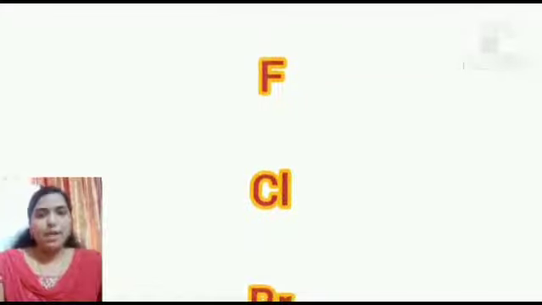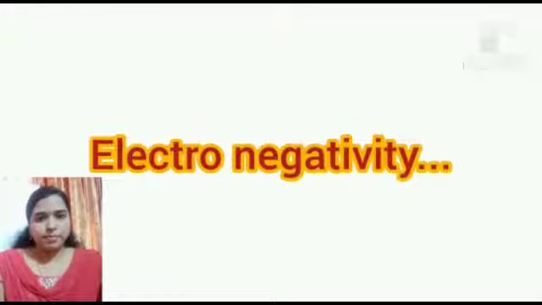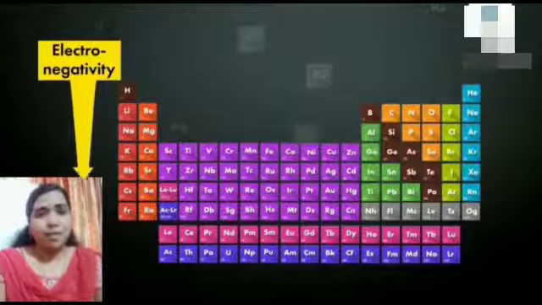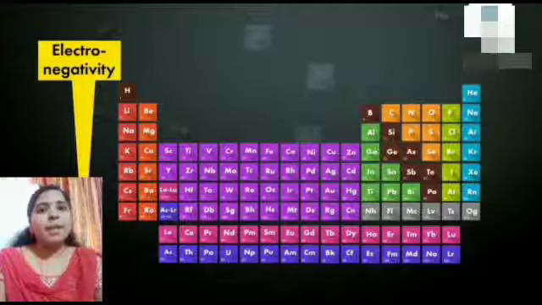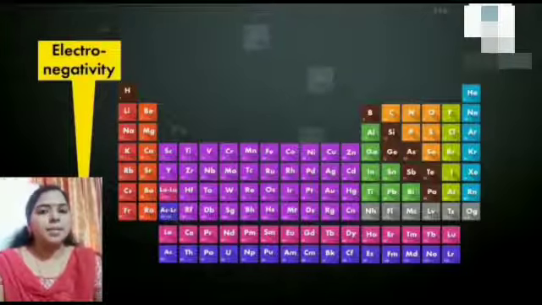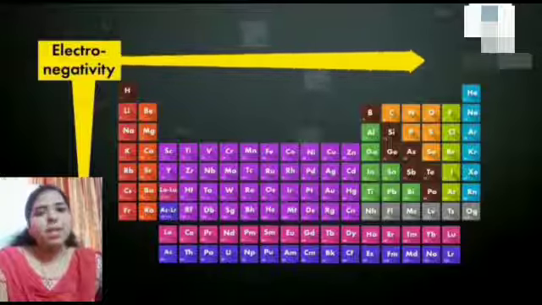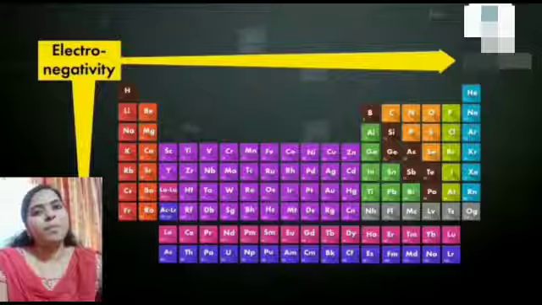This means in a compound, atoms have a tendency to pull electrons from their partner. Down the group, electronegativity decreases. But what about across a period? Yes, of course. As we move from left to right, the electronegativity increases. So we can conclude that electronegativity decreases down the group and increases along the period.